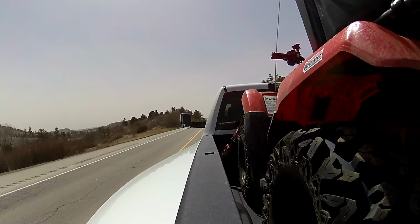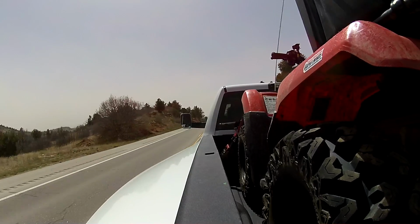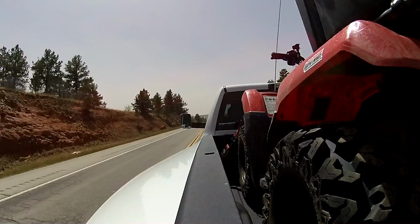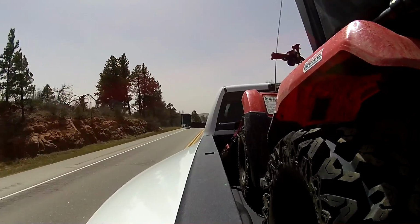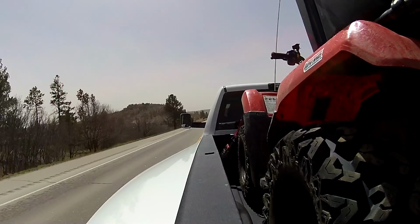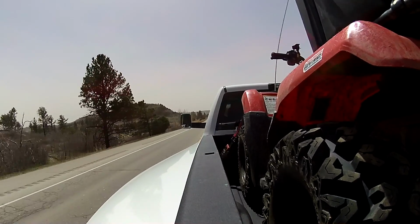This Ram is a Laramie Longhorn. That's the second to the top. The only thing above this is a Limited. So this has every toy known to man. And it's only $80,115. Of course, there's no fuel mileage estimates on this, but this diesel, this Cummins 6.7 just